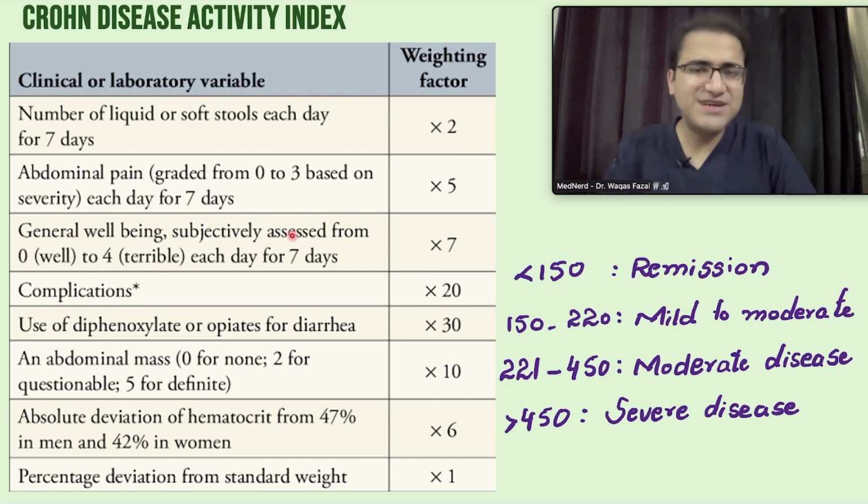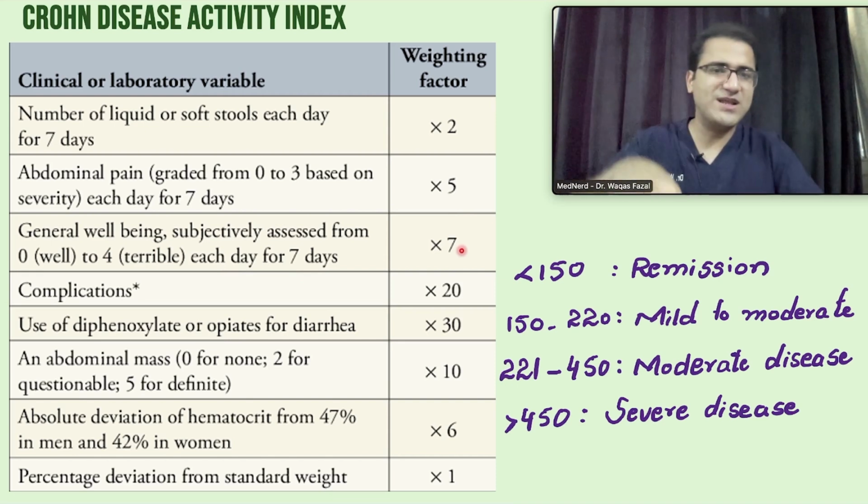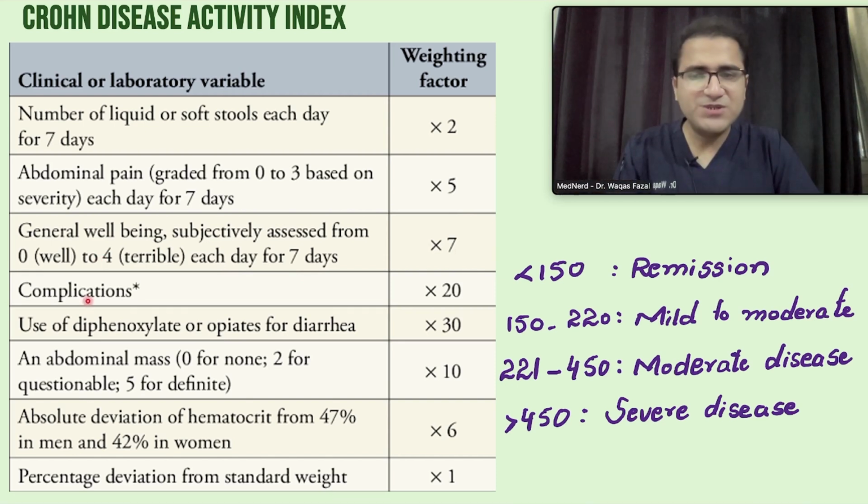General well-being, subjectively assessed: patient feels well, that is 0; patient feels terrible, that is 4, each day for the 7 days. Whatever score the patient tells you, you multiply that with 7 and you add up all these values that you are calculating. If the patient is having complications like anal fistula, that has a huge weightage,